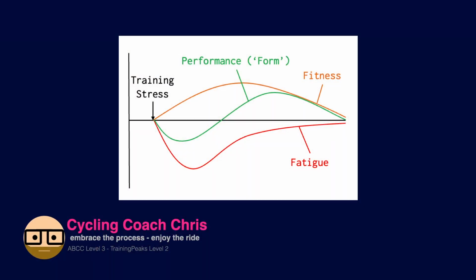To help us understand supercompensation, we need to consider these 3 separate components of fitness, fatigue and form, the latter of which is basically the total of the previous 2. After training stress is applied, fitness starts to improve as the body adapts to it, but over the short term, the training stress also induces high levels of fatigue, the result being a reduction in performance. As you begin to recover from the fatigue, performance also begins to improve above the previous baseline, as fitness is also continuing to improve. So, your form, which is basically a combination of fitness and fatigue, rises above the baseline,